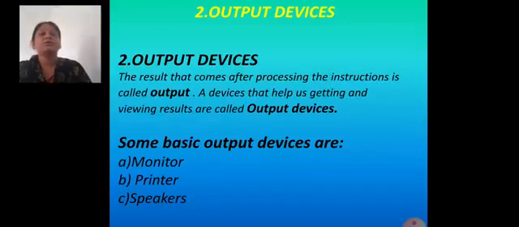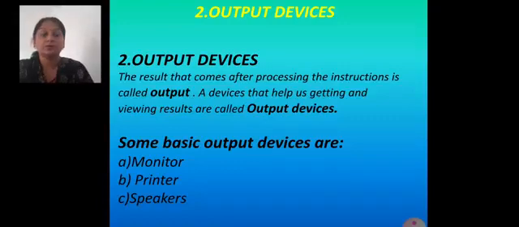As I told you, suppose I want to add two numbers, 6 plus 4. So what will I do? I type it with the help of the keyboard, and the keyboard is our input device. So I put those numbers in the computer, but where will I see them? They will be displayed on the monitor. So the monitor is our output device, for the numbers and the results.